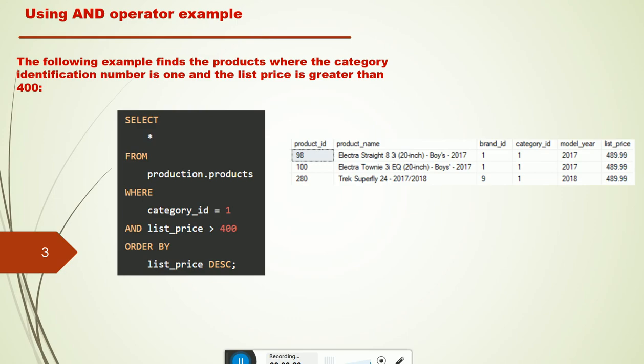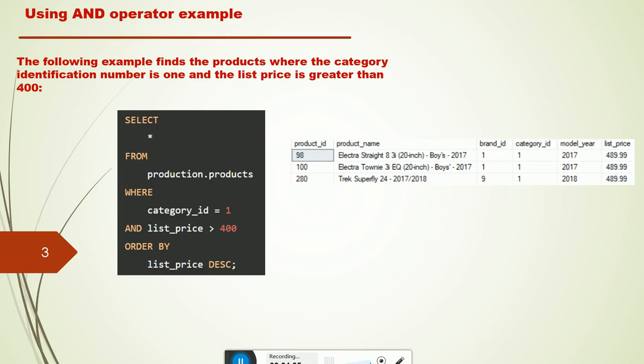Select asterisk, to include all the fields which you have defined in the table, from production.products, the table name, where category ID equal to 1 and list price is greater than 400. So here you specify two criteria using the AND operator. Order by list price DESC, that is descending order.